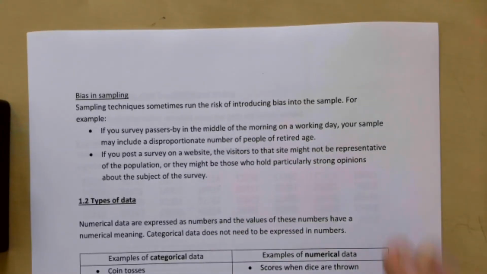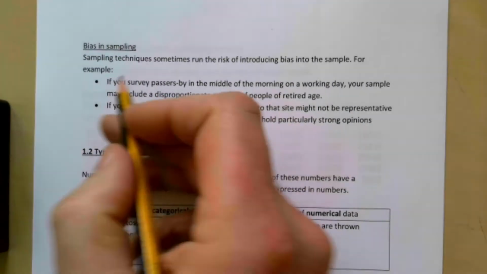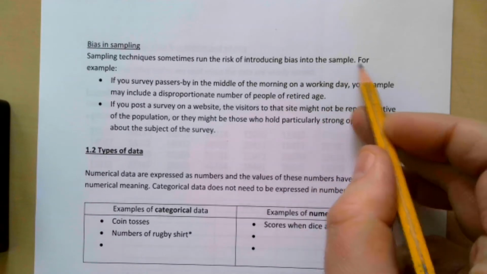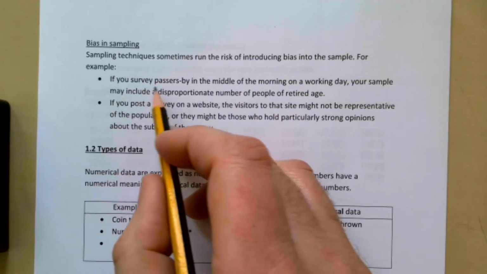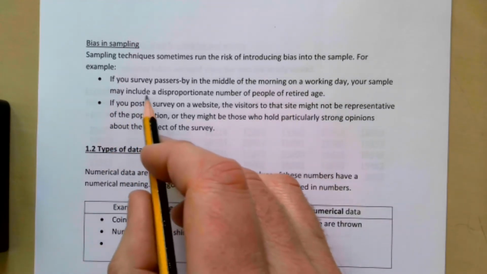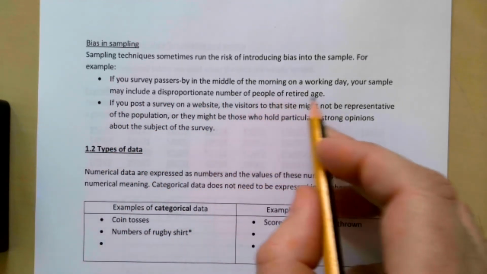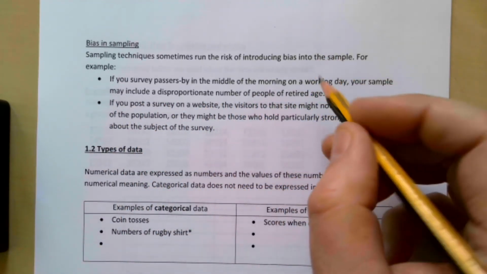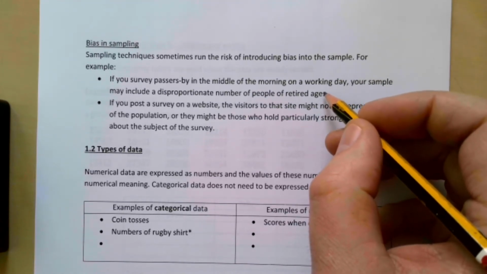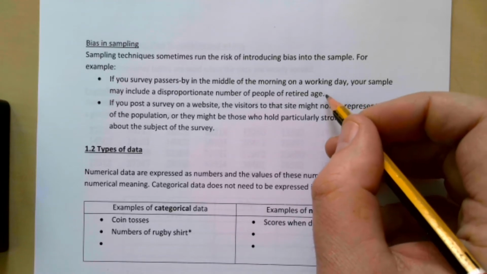Over the page then, so bias in sampling. Sampling techniques sometimes run the risk of introducing bias into the sample. For example, if you survey passers-by in the middle of the morning on a working day, your sample may include a disproportionate number of people of retired age. If you want a representative sample of the people of Carrickfergus, for example, doing it at 10 o'clock in the morning, a lot of people are going to be in work, so you're not going to get